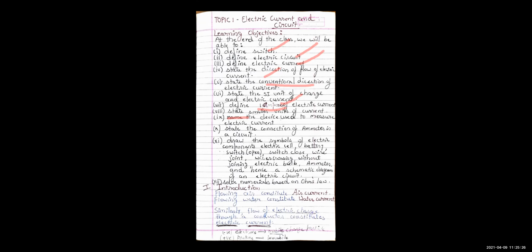So, children, we have heard the term air current. Current is something flowing. So, we know air current means what is flowing? That is flowing air. Air flows in air current. So, flowing air constitutes air current, right? Similarly, we know water current. In water current, water is flowing. So, flowing water constitutes water current.